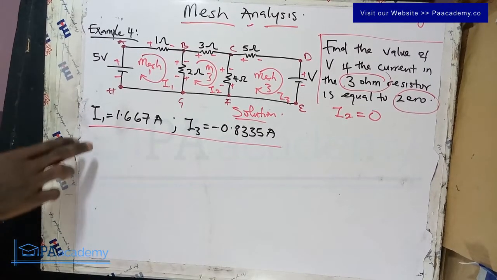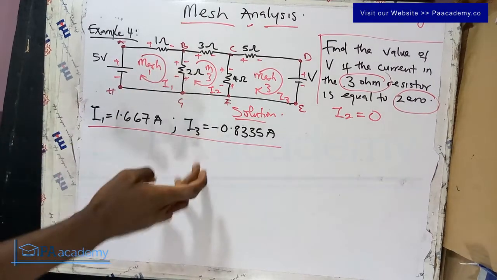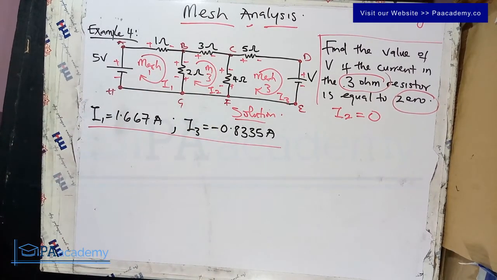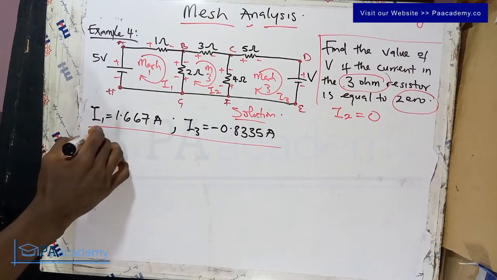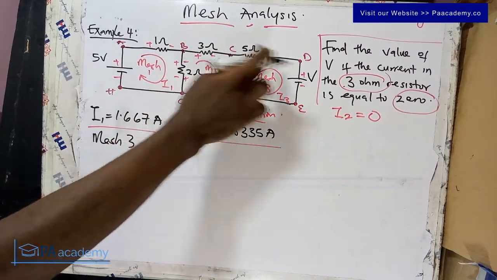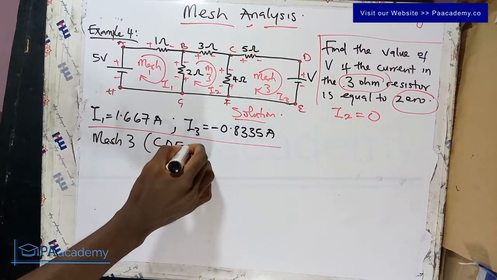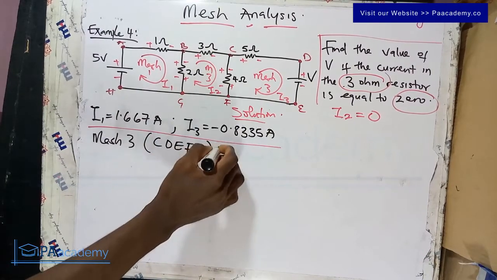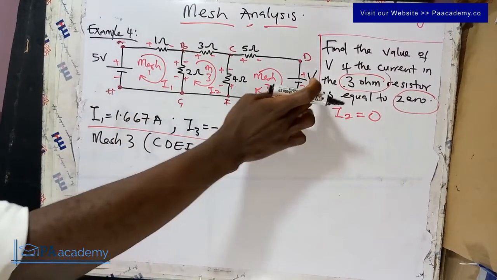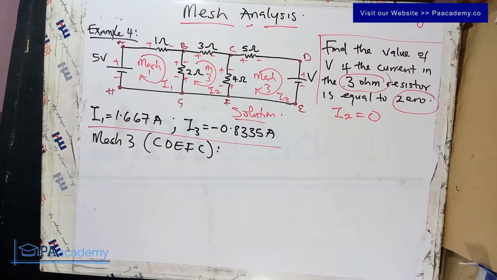Alright, so I've indicated the value from mesh 1, we're able to arrive at I1. In simplifying mesh 2, we're able to get the value for I3. So now let's go to mesh 3. The path for mesh 3 is C, D, E, F, and then back to C. Now don't forget what you are trying to get. We are trying to get the value of V here. So now in simplifying mesh 3,